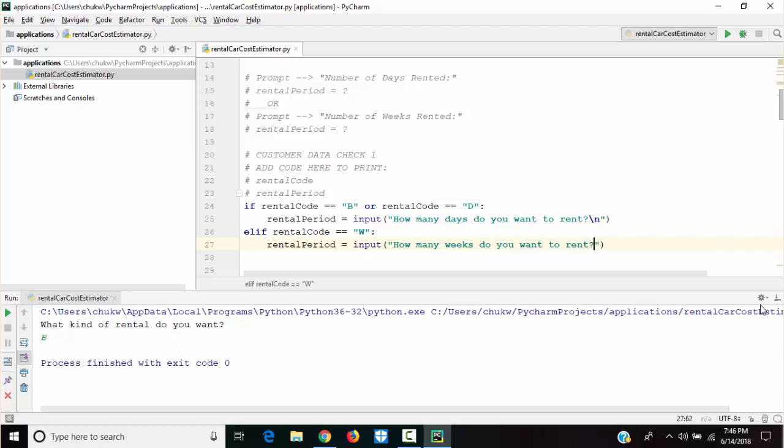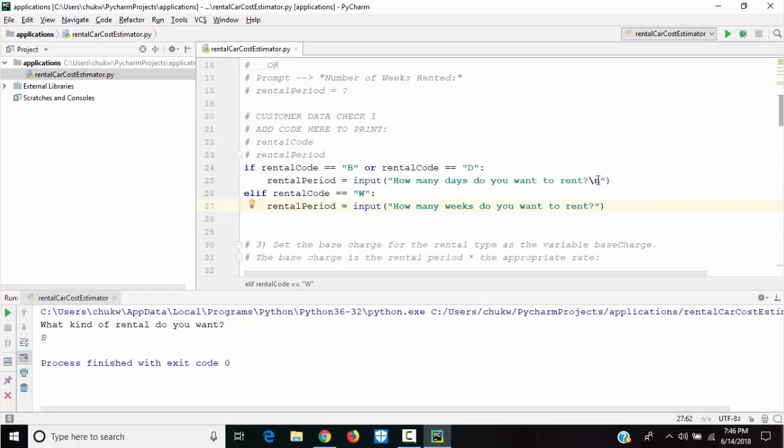How many weeks do you want to use it? How many days do you want to use the car? And then how many weeks do you want to use the car?